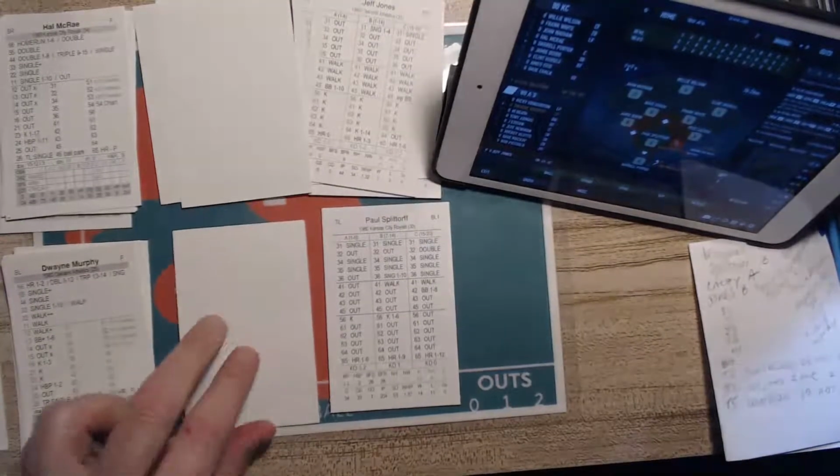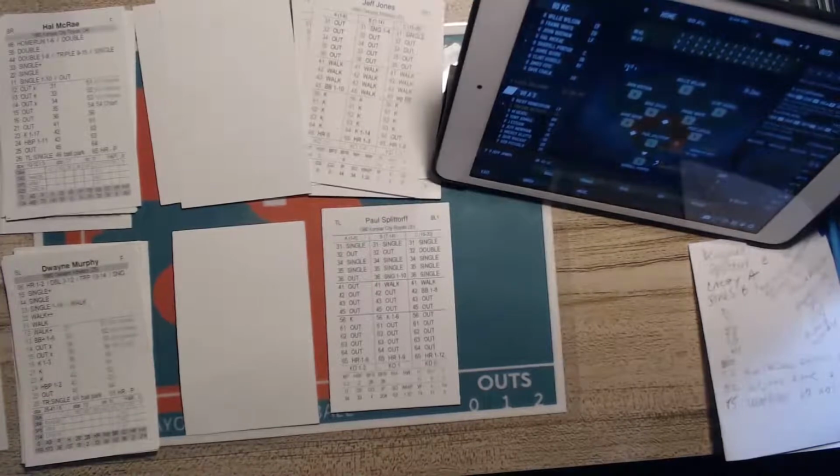Next is the lefty Murphy. Here's a pitch, and that is a 51. And we're going to see that's going to be a potential error to the shortstop. Well, before we do that, let's look at the number to see if we get a strikeout. And it's going to be a 3. So oh, no, it's not a strikeout. So we are going to find out. It was a 51. So it's going to be a ground ball to shortstop. And the shortstop is Dave Chalk.